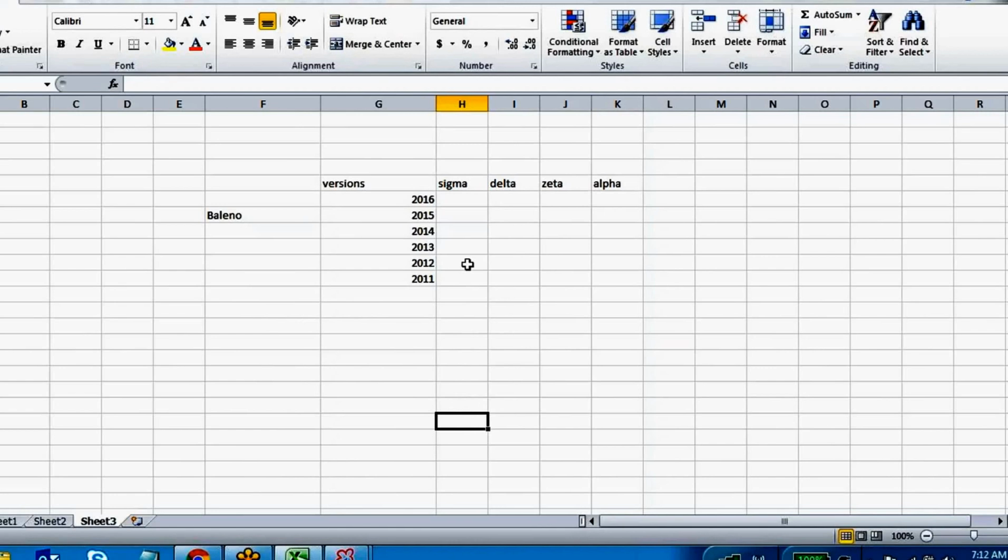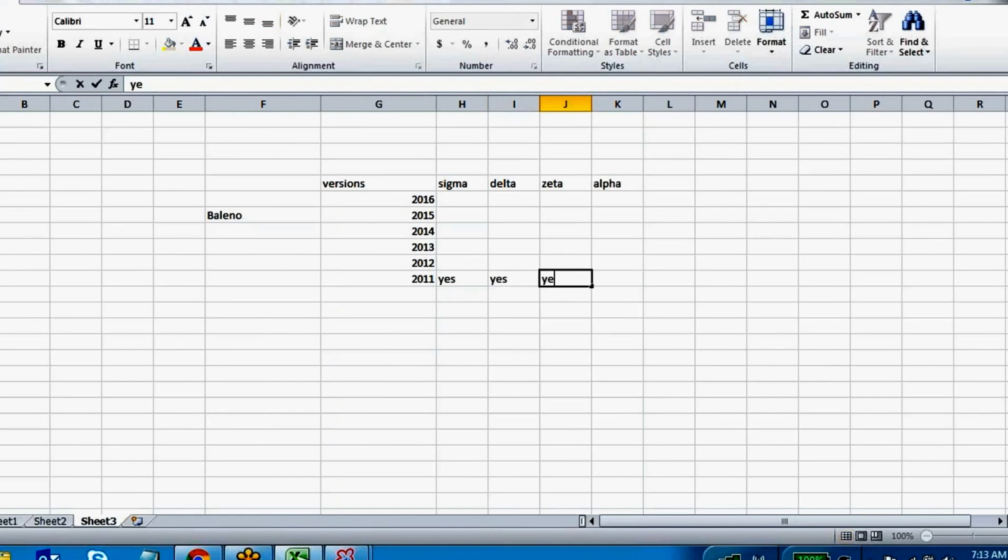In 2011, when they first released this Baleno car, they didn't have an Alpha model, only Sigma.